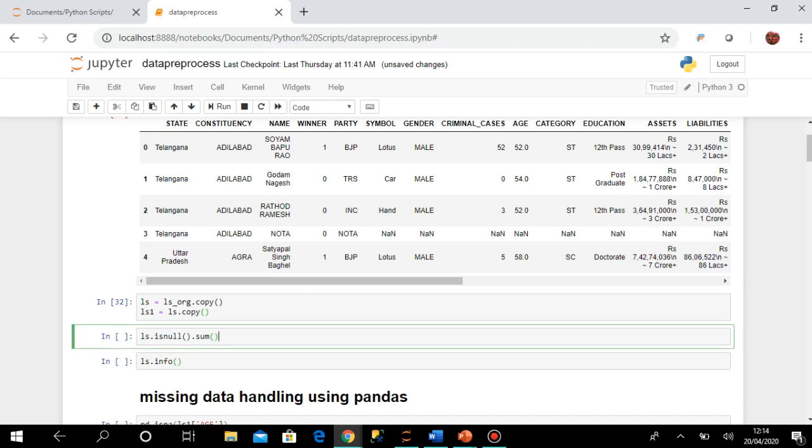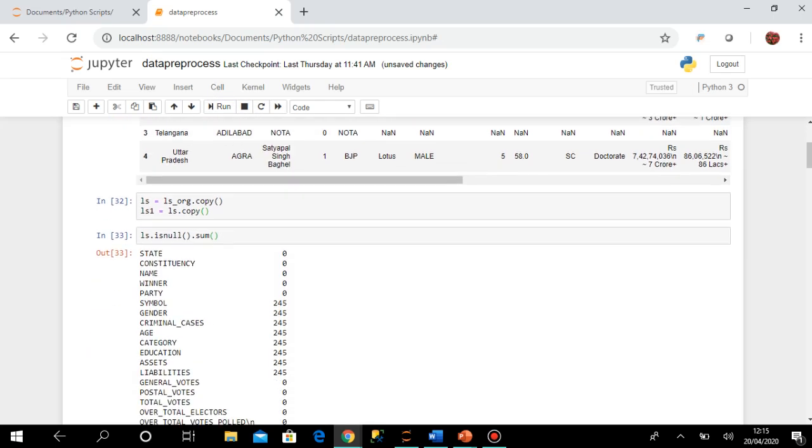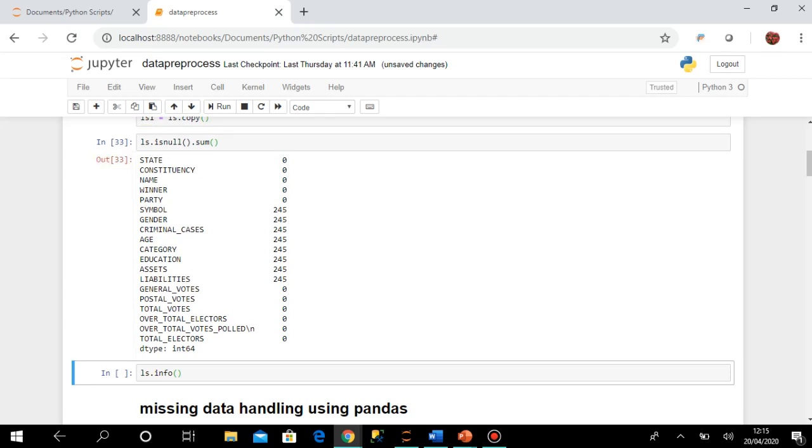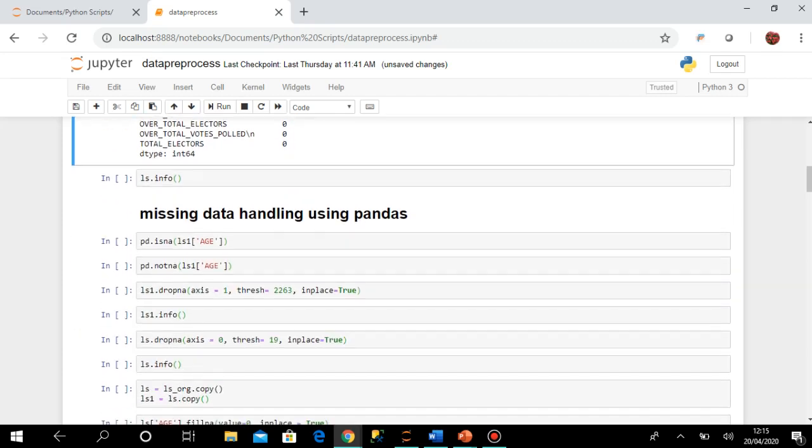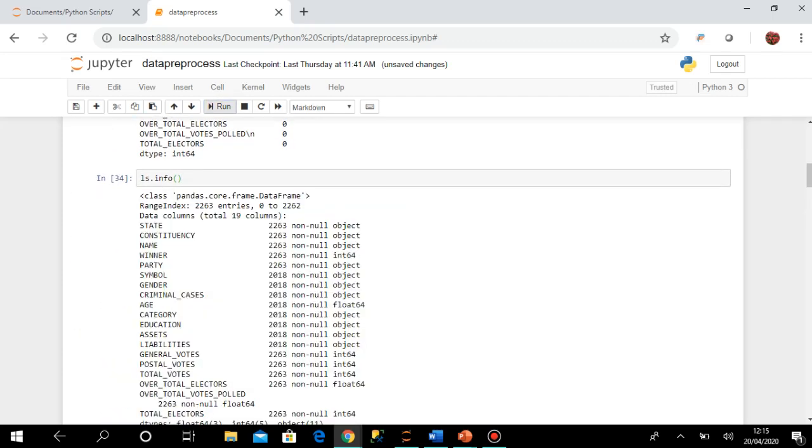Fine. Then with this functionality, I can see how many records are there with null values in the data set columns. So you can see for these columns these many records are having null values. Then if you run this info function, it gives you a lot of information about the data frame.